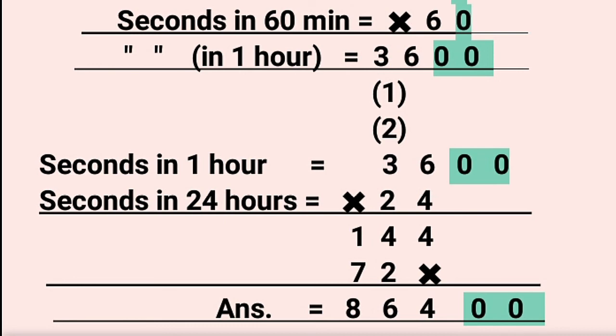Seconds in 24 hours is equal to multiply by 24. Now here you can see that these two zeros are highlighted and these will be added in the answer at right hand side. So let's multiply 36 and 24. 4 6 are 24, 2 carried. 4 into 3 is 12 plus 2 is 14. Now 2 into 6 is 12, 1 carried. 2 into 3 is 6 plus 1, 7. So let's add 4. 4 plus 2 is 6 and 1 plus 7 is 8 and two zeros are added at right hand side. So answer is 86,400, right? So we have completed exercise 2.6 of lesson 2.